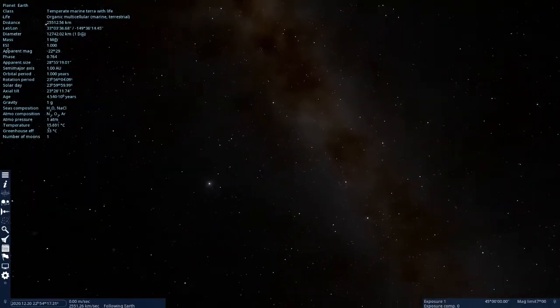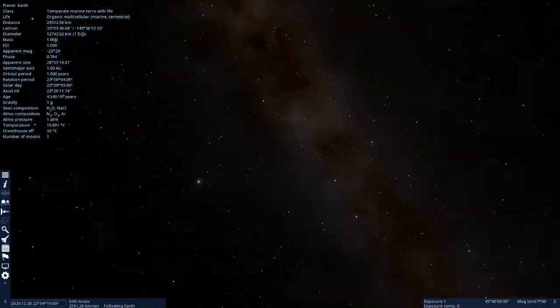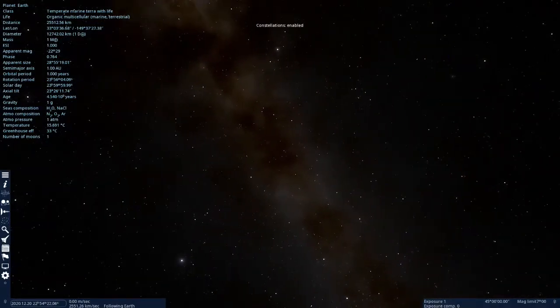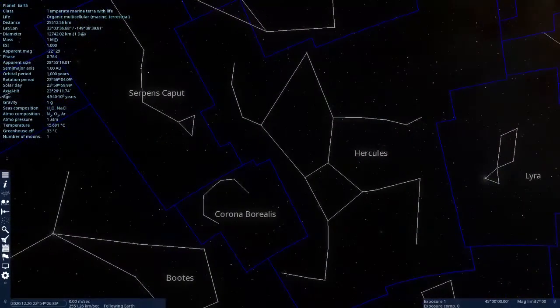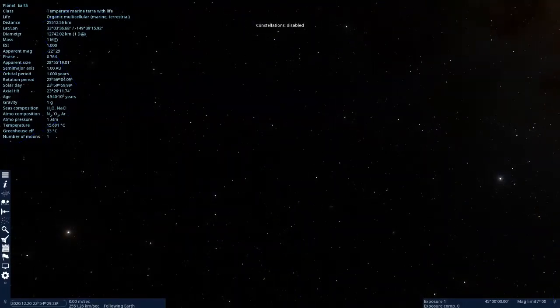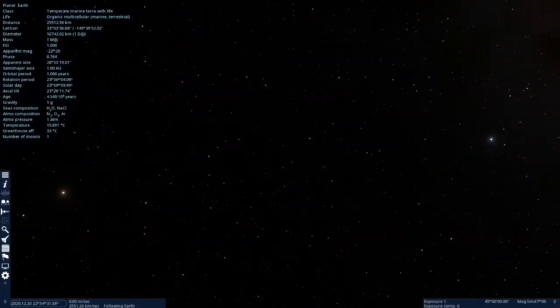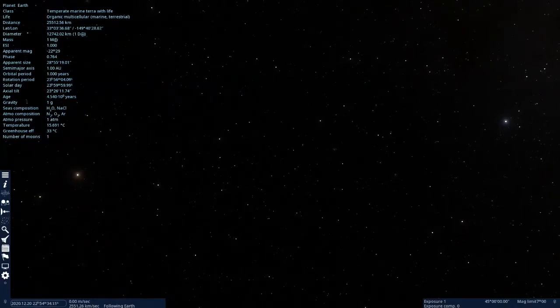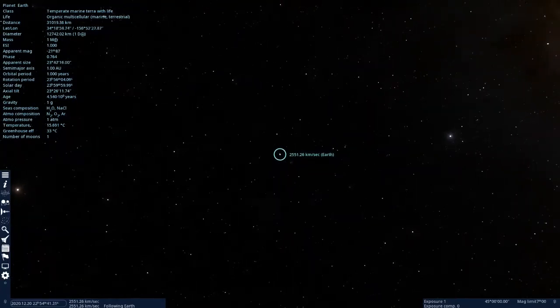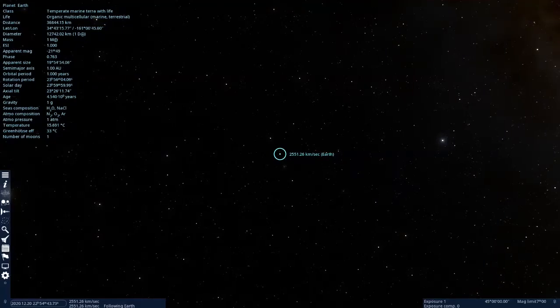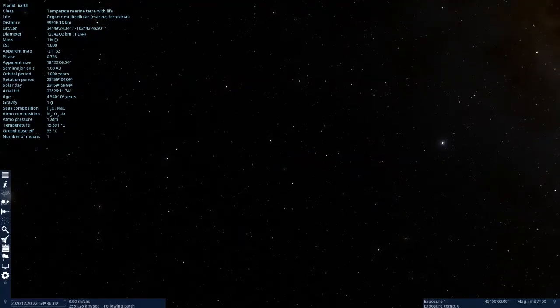And I'm feeling the pressure of finding this, so I'm going to cheat. I hate to cheat, but I'm going to cheat. There's what I'm looking for, Hercules. Yeah, I turned on the constellation lines there so I could find it. So now I want to aim again for right here, to head for another favorite astronomical target at enormous rates of speed.